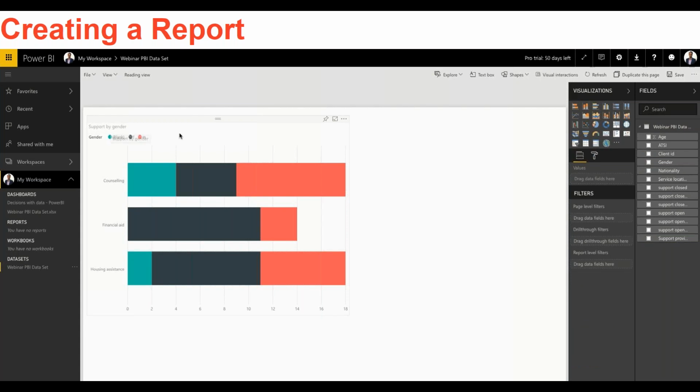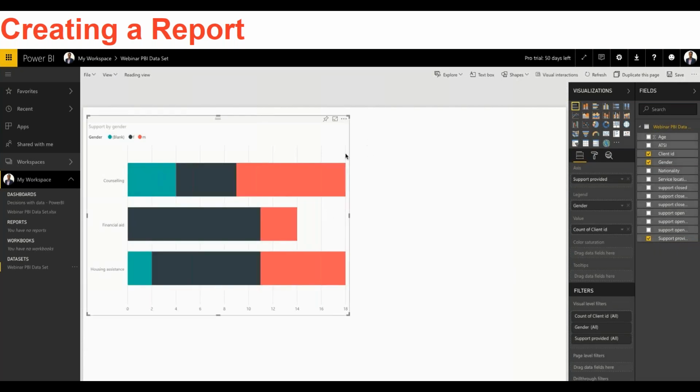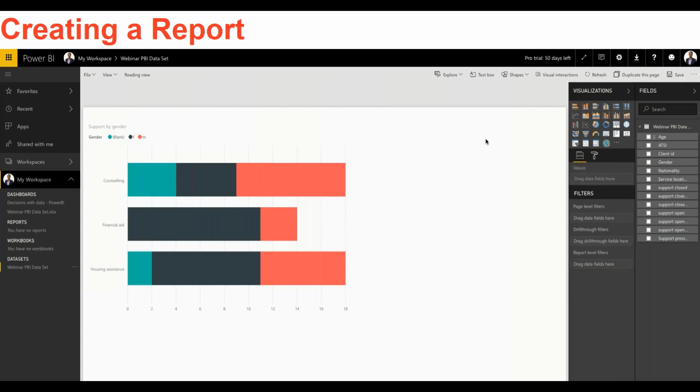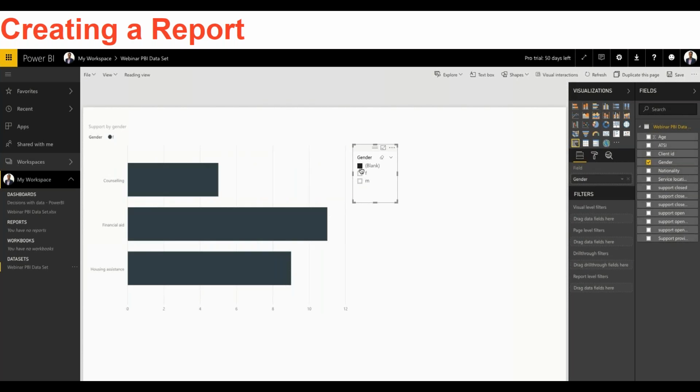Is it more important to do it by gender or by site? And then people can click in and do some filters and show that for each site. And then you can drill down into the different pieces of the data set. So you can see in this one by gender, and you can see that, for example, the males are seeking more financial aid than the females. And that's how the red one there, it's just showing the males or just showing the females